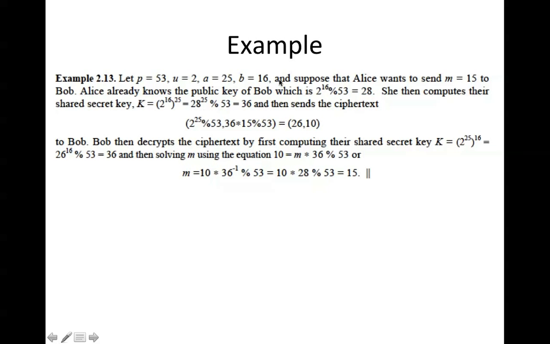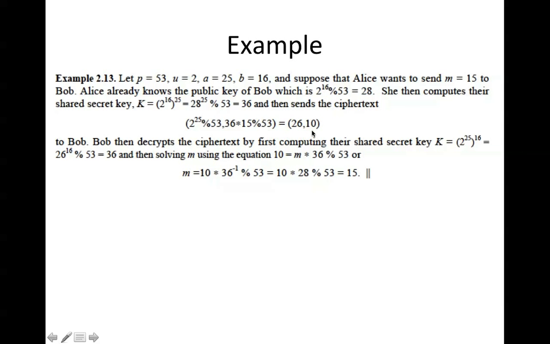Alice already knows the public key of Bob, which is this number 2 to the 16 mod 53 that Bob actually shared with Alice. But the point is that now this public key must be converted into what's called the shared key. So the shared key would be computed by taking that number and then powering it to the private key of Alice, which is 25, and then we get 36 out of this. We've already gone through this process. Having that 36 in place, we then multiply the message 15 by it and mod it to 53,